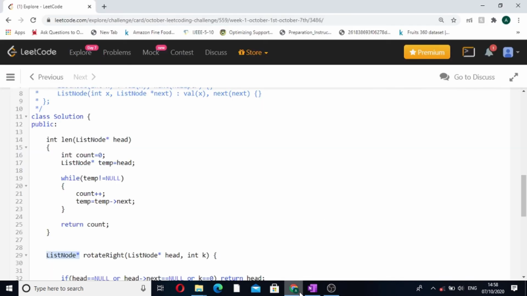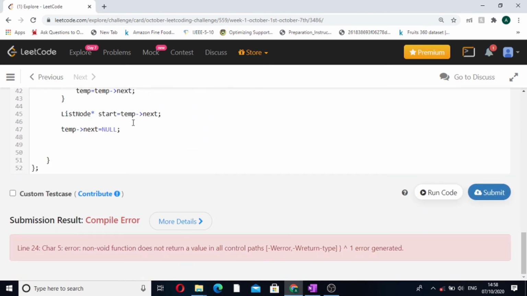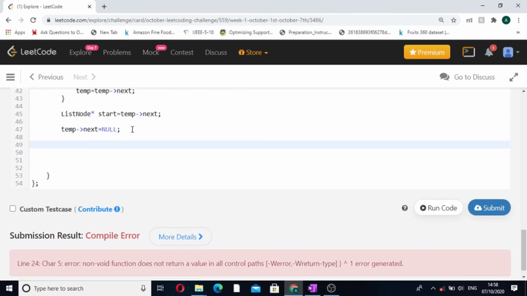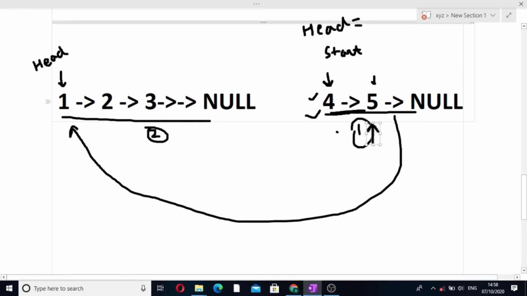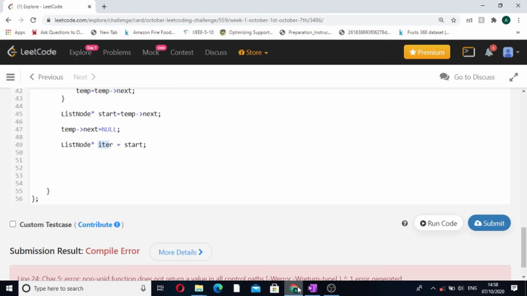So let's do this step. See, we will take another pointer which will point to the start of the linked list. We will take a new pointer, let's say it is called iter, and it will be pointing to start initially, and this iter pointer will help us in iterating this linked list, and we have to point this iter to the last element of this linked list so that our loop can be formed.